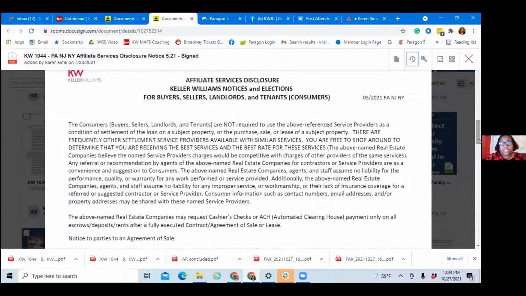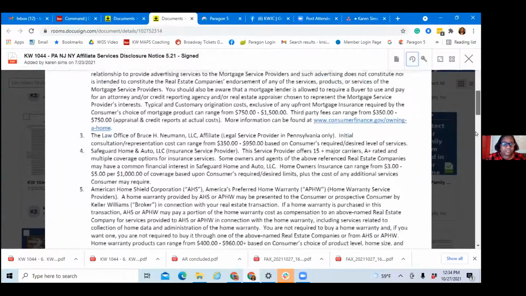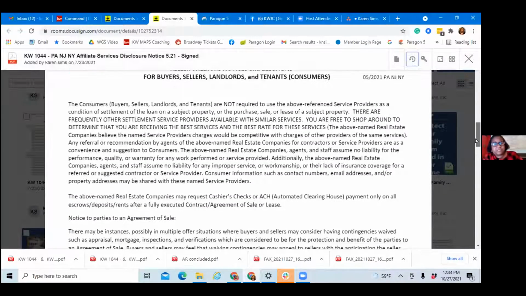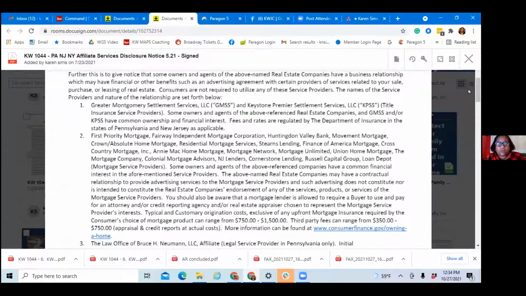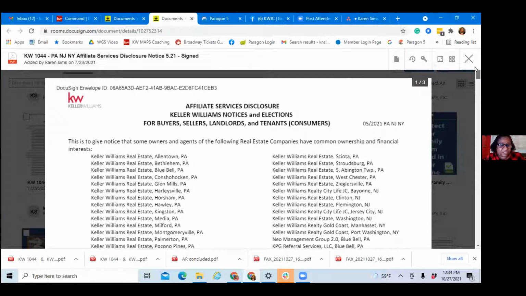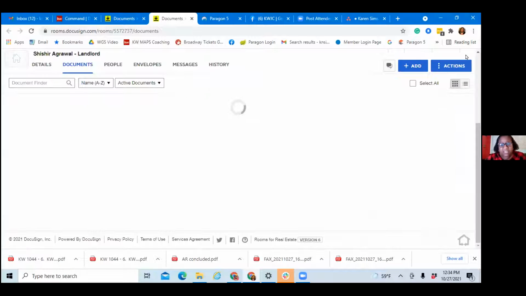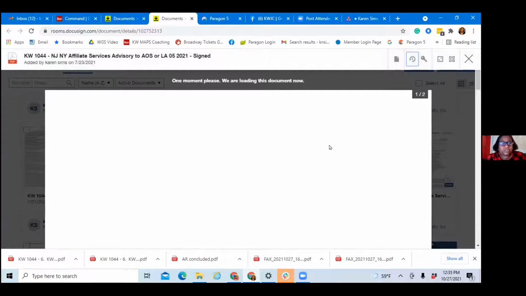Very rarely do we do a two-step listing, but the first one, which would be this one, would be for us telling them about the services. The second one would be where they acknowledge and actually take it. It's the same disclosures pretty much. It's for buyers, sellers, landlords, and tenants. But if we're doing a consultation ahead of time, this would be one of the documents you would need to get signed ahead of time. Then when you take your listing, you already told them about the services. So when they go to do it the second time,